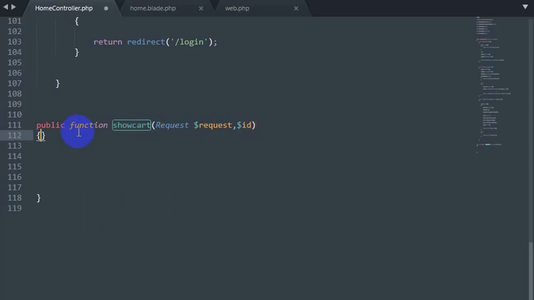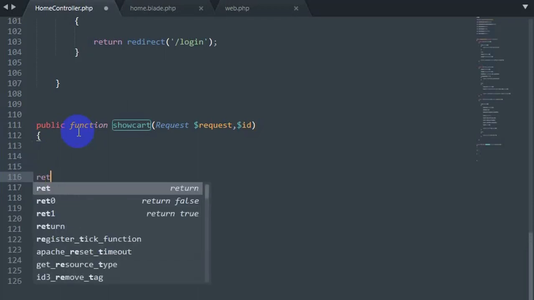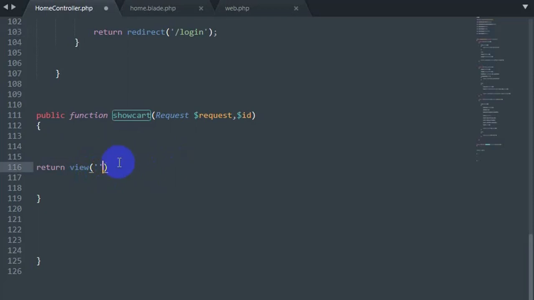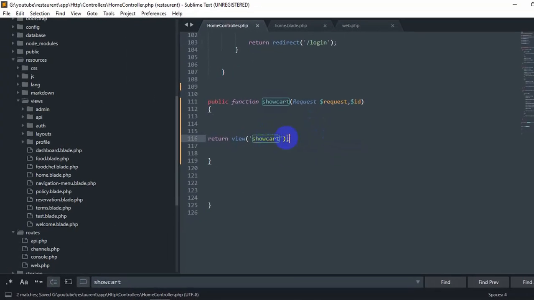Now we'll give a second bracket, and first of all we'll just return a simple view from here. So we'll just say return view. Let's say our blade name will be show cart. Okay, so we'll just create the show cart inside views.